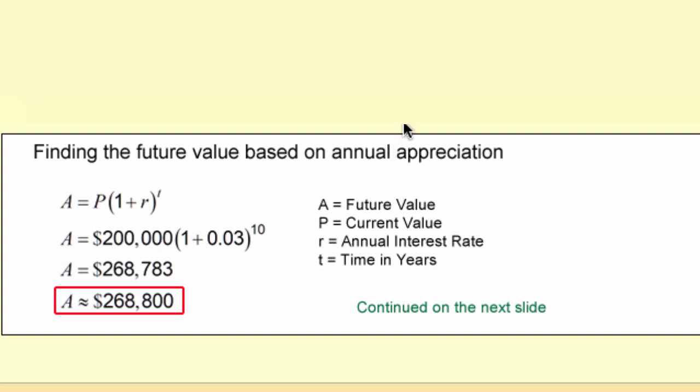So the example in the lesson is you purchase a home for $200,000 and you pay 20% down, and the rest you take out a 30-year mortgage. The interest rate is 4%. If you estimate the house will appreciate in value 3% per year, how much equity should you have after 10 years? So the first thing you do is you calculate the future value based on appreciation, and that's exponential growth. So it's 200,000 times 1 plus 0.03 to the 10th power, because 10 is the number of years. And the 1 plus 0.03, that's the growth factor. So in 10 years, the house is estimated to be worth